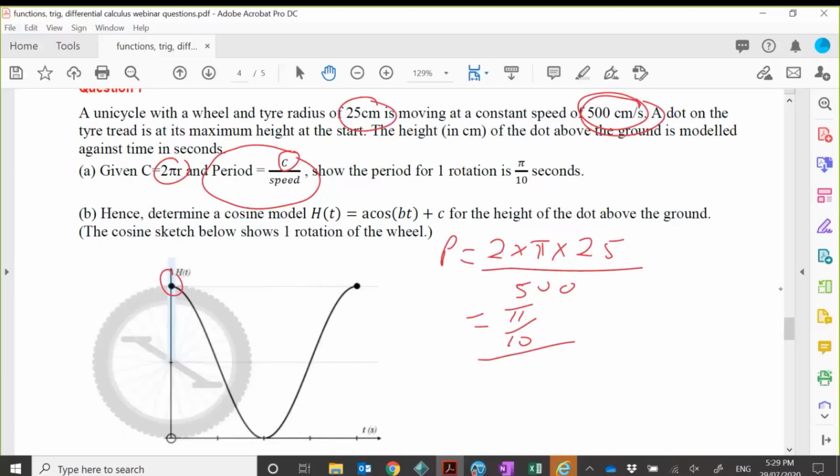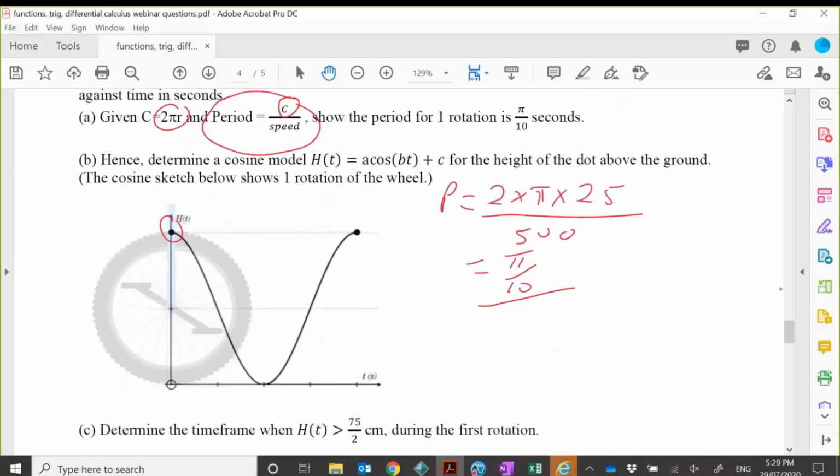Part B, hence. So again, there's that word hence. It means use what you have just done to help you with the next part. Hence, determine a model for the height of the dot above the ground. The cosine sketch below shows one rotation. All right, it's telling you that we have to use a cos function,